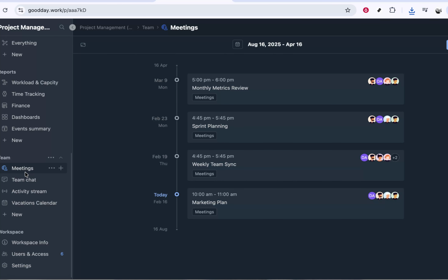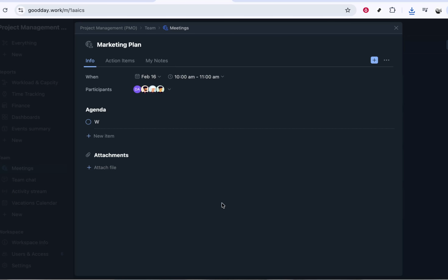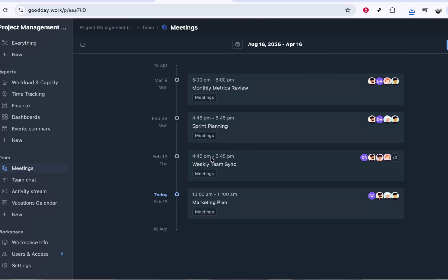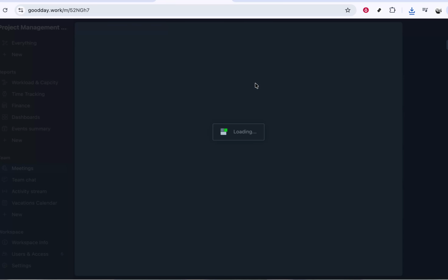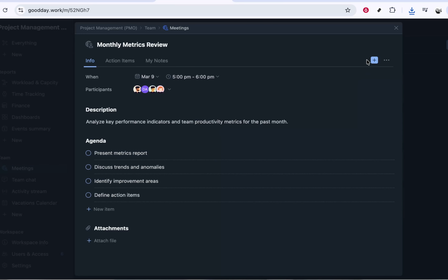After you've selected your workspace, navigate to the section dedicated to meetings. This might appear as a meeting tab or an item in the workspace menu. Click on Meeting to open the area where all meetings related to this workspace are stored. If you manage multiple teams or projects, this view is especially useful because it keeps everything related to your meetings